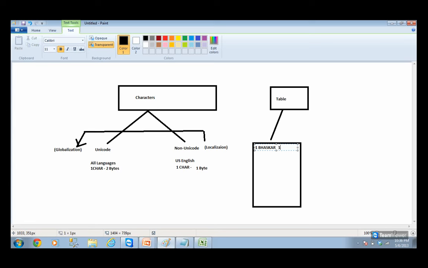And after that, the 1,000 is stored. Then the second is 2, Ravi, R-A-V-I, 4 characters, and you will have 5, 6, 7, 8, 9, 10. 10 characters, and then the 2,000 rupees is stored. That means whether you use them or don't use them, 10 spaces are given to you,